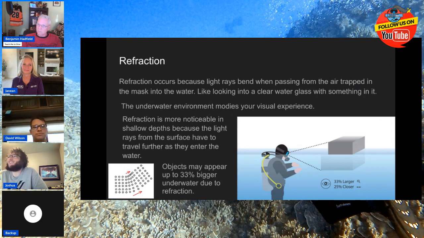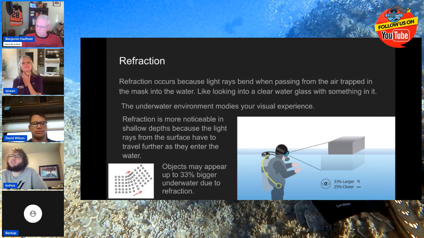No, that's fine. So basically, refraction is what happens when light rays bend as they go through different mediums. In this case, we're talking about going from the air to the water, or from the water to the air in your mask. And so kind of an easy way to see that is I just have a glass of